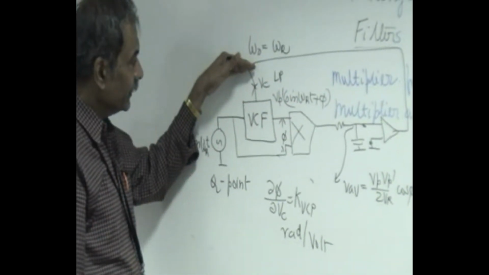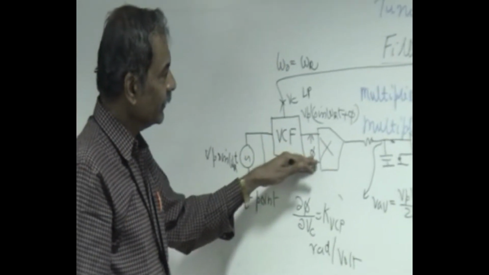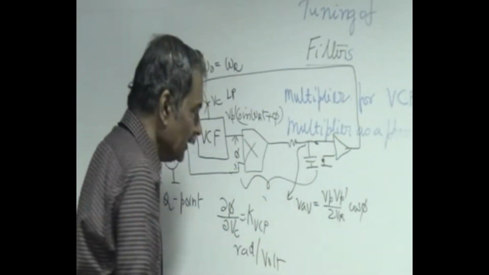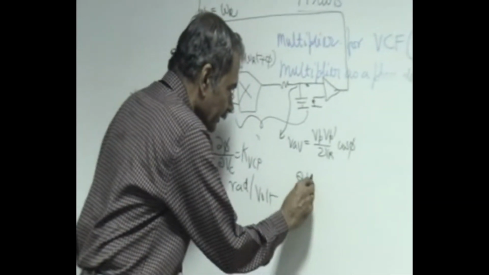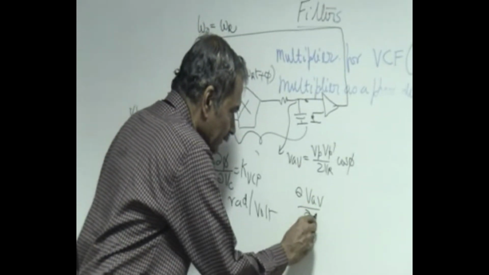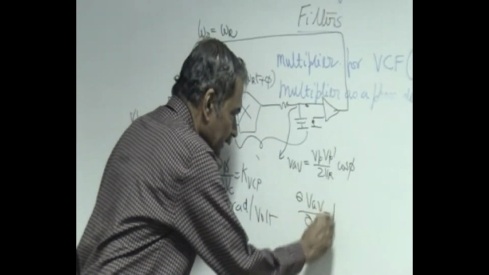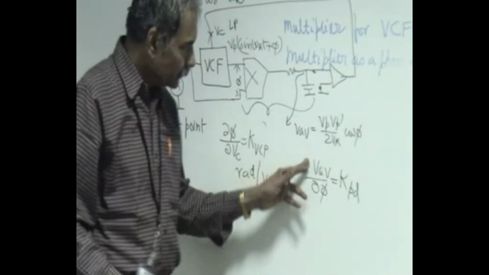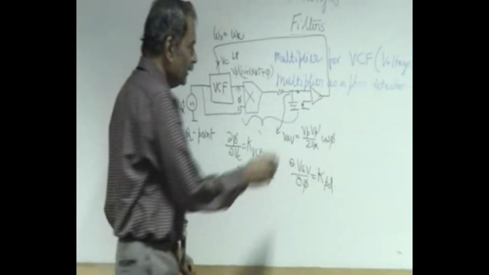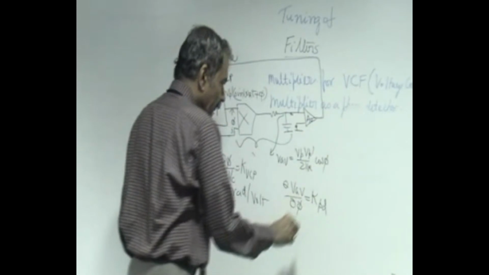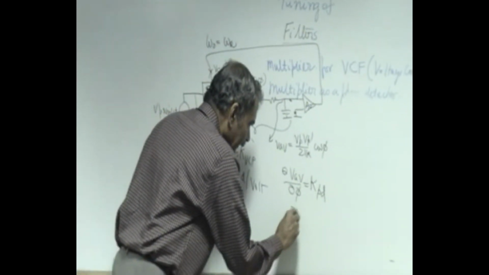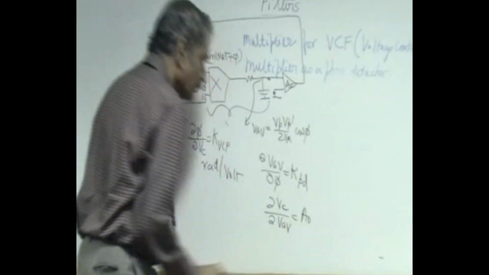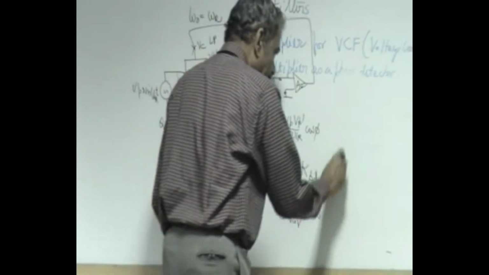So voltage is getting converted to phase, then phase is converted again back to voltage, right? So this particular block, which is nothing but the phase detector, has a sensitivity delta V average by delta phi at its input, which is K phase detector. This is volts per radian, right? And this particular amplifier block has delta Vc divided by delta V average, which is nothing but A naught. So the loop gain of this system